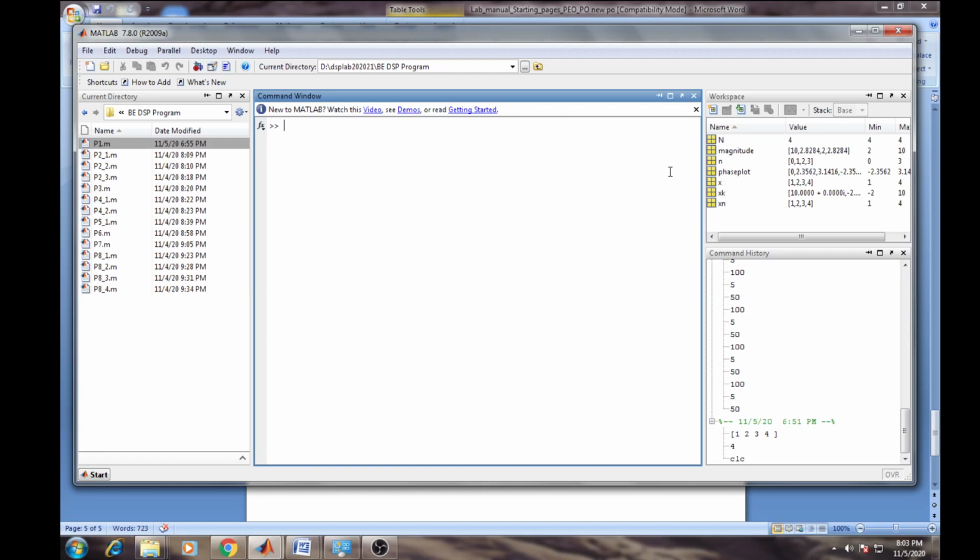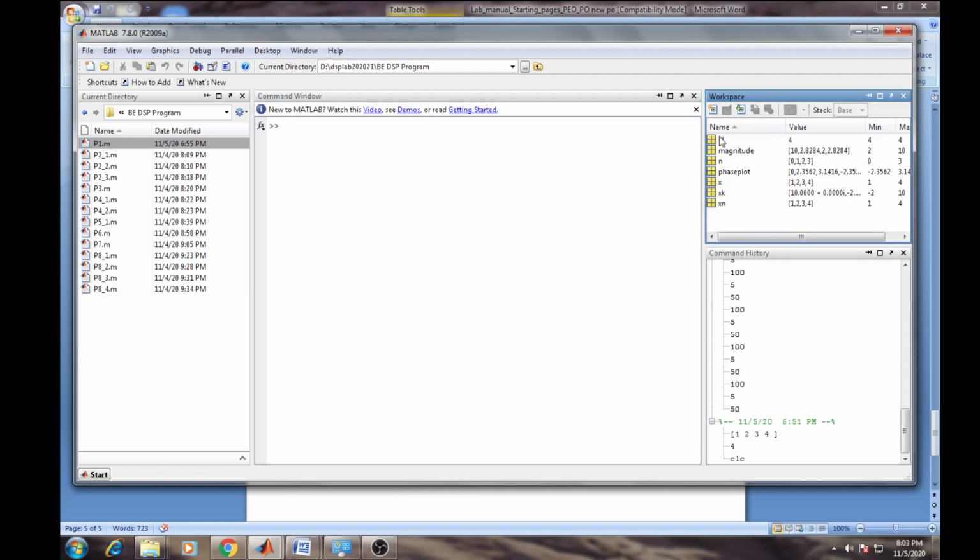Similarly, very near to the command window you can see the workspace and command history. This is the workspace. The workspace carries the multiple variables declared by you. These variables will hold a single value or multiple values, along with the minimum and maximum interpretations. You can store multiple values, which are held by the variable in matrix form.